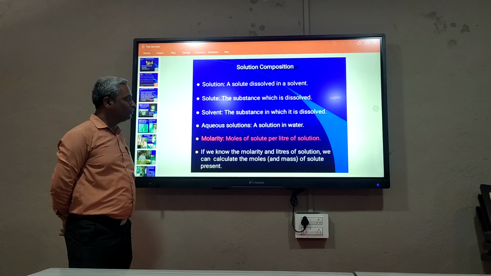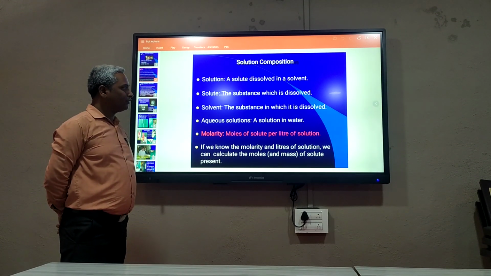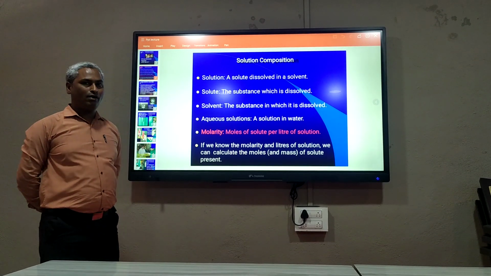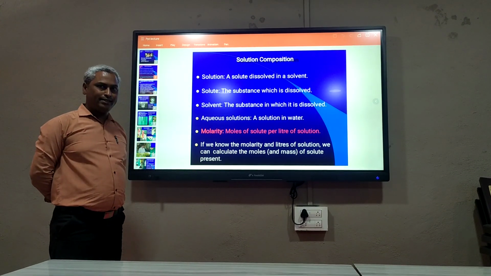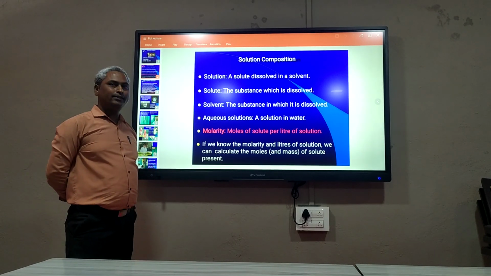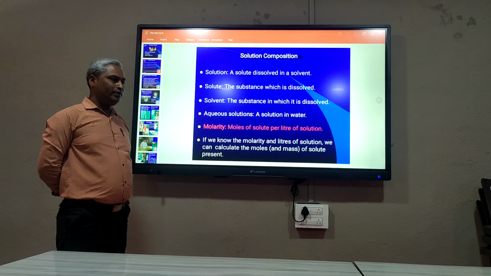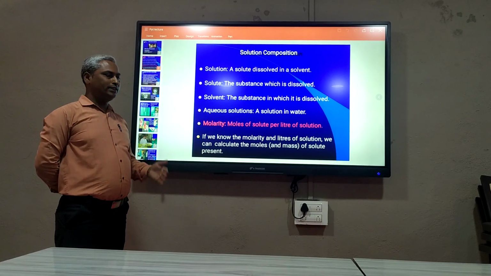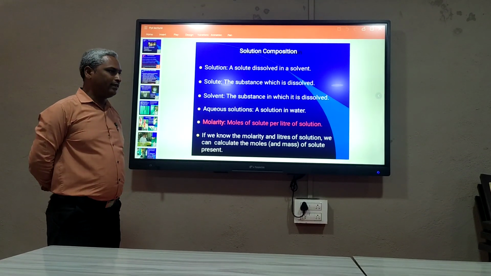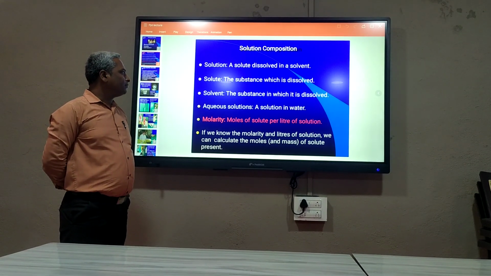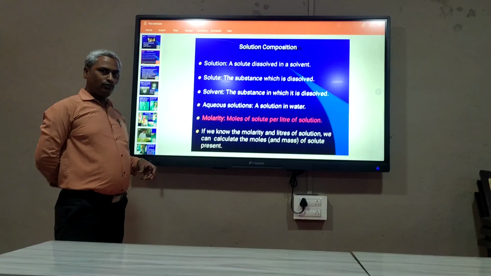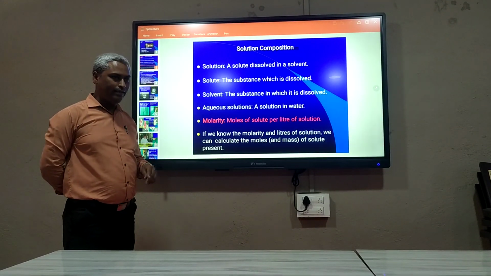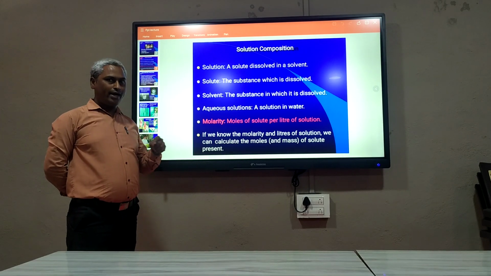There is the preparation of solutions, that is, composition. In a solution there are two parts: first is the solute and second is the solvent. Solute is what is dissolved in the solvent, and solvent is what dissolves the solute. These two are used together to make a solution, and a solution has properties like molarity and